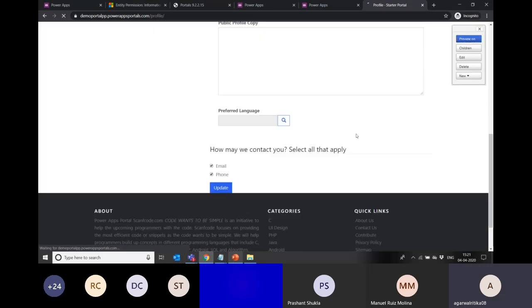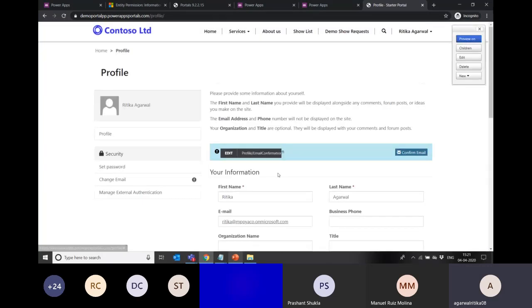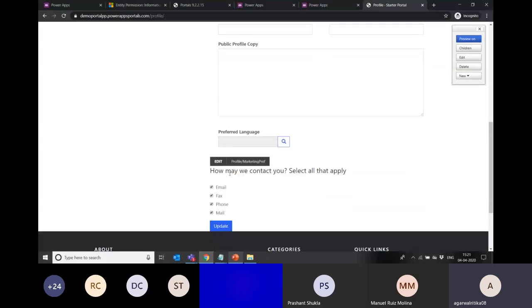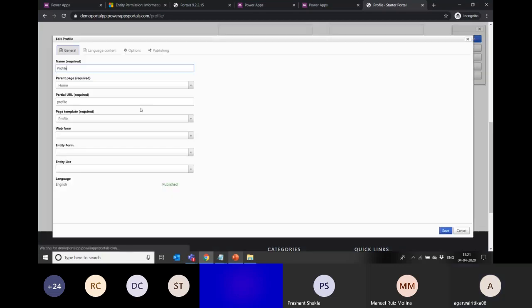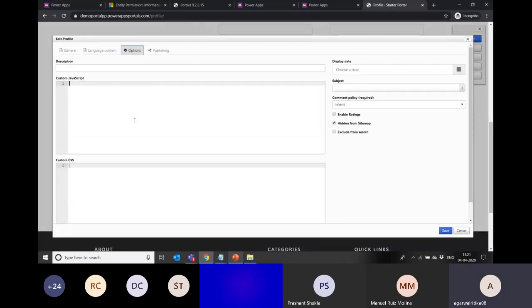by default on the profile page, we get 4 different options of how a person can contact you: how may we contact you, select all that apply. So we have all these email, fax, phone, and mail options. But let's say I want to hide this fax option. By default, it is not supported. If you want to hide this section, it will be fully erased. But if you want only 2 options gone, the way to do that is go to edit,